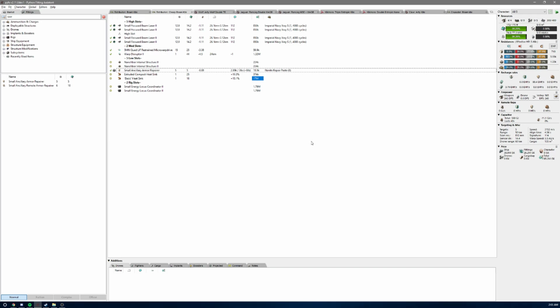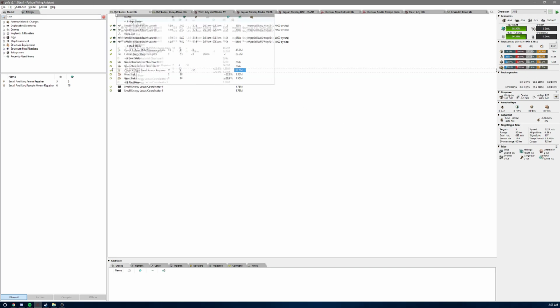Now, if you look at the cheap version, it has a bit less cap. It's not cap stable even without running the rep. About 70 meters slower and about 22 DPS less. It's still got very good projection, slightly less point range obviously. It's a lot cheaper, 225 to 65, but